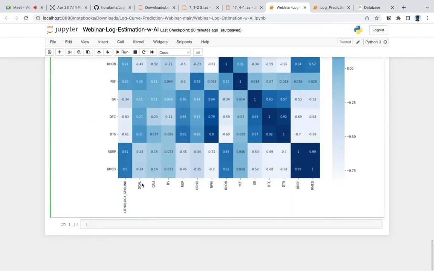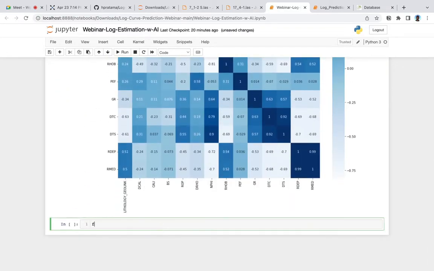So in this case, we will choose the features: first gamma ray, because it has 0.57 correlation, DTC as well. Also we want to add the Robi, this one, Robi, NP, and also Caliper.